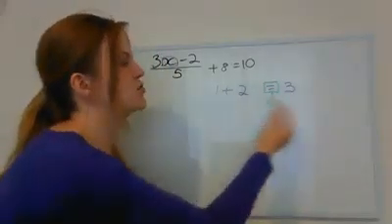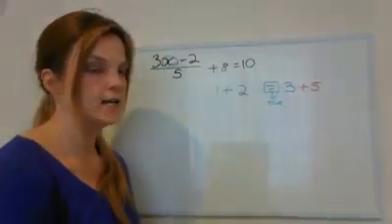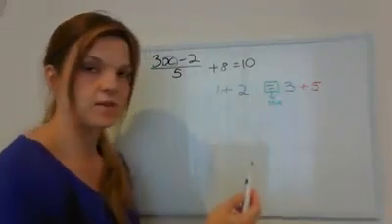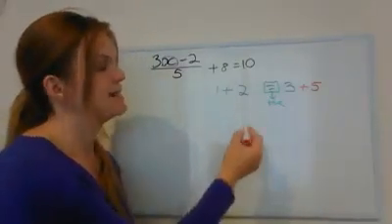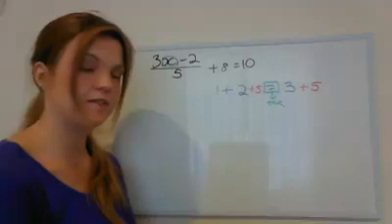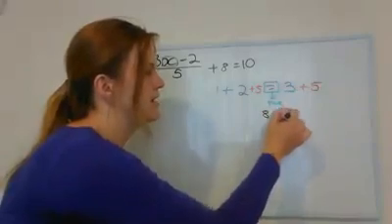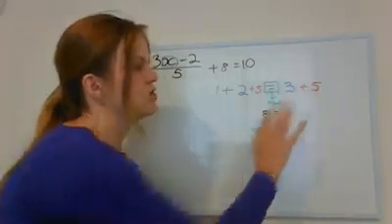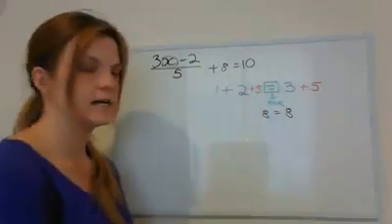If I wanted to go and change one of these sides, let's just say I wanted to go and add 5 to the right hand side. So I am changing the value of the right hand side. Now I would need to do a change to the value on the left hand side as well. And it's important to know how you would do that change. With plus it's easy. I can just go and add the same thing on this side as well. And I can check that that is in fact true. 1 plus 2 plus 5 is 8. And 3 plus 5 is also 8. So our equation is true. Therefore, we know that our manipulation of the equation is fine. So when you come to adding, you need to do the same thing on both sides, and the equation will